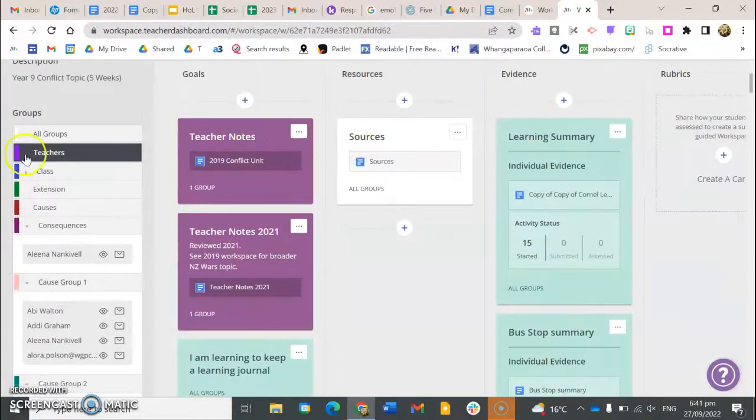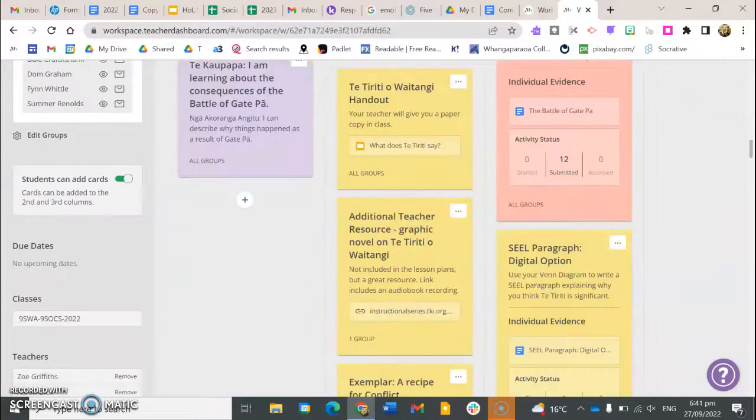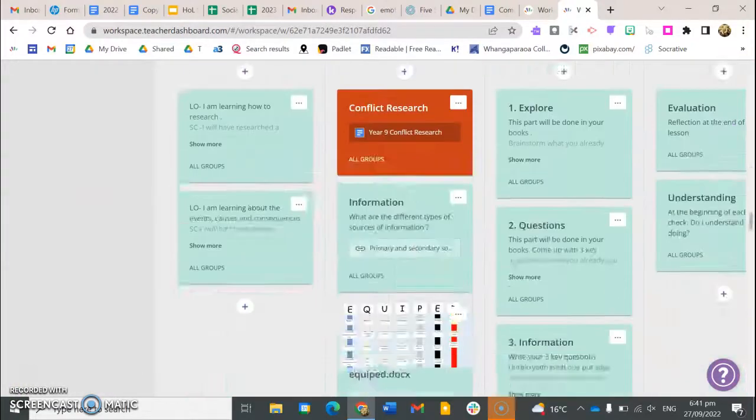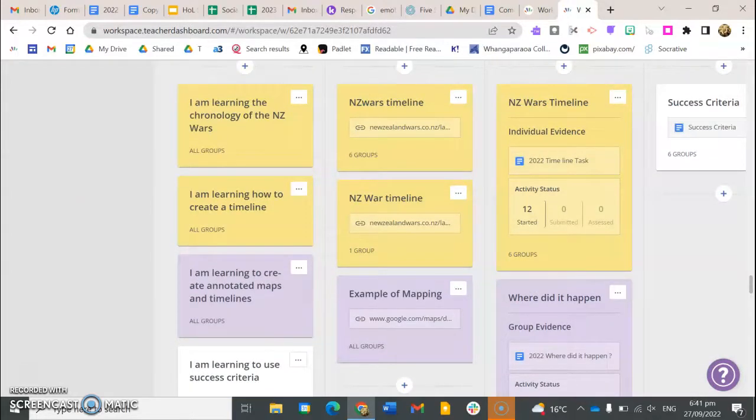So if we go to all groups now, what we'll see is when we get down to the timelines, we've got that working. You'd notice that wasn't there a minute ago. So all these groups, and these were different groups set up. And then, in addition to that,